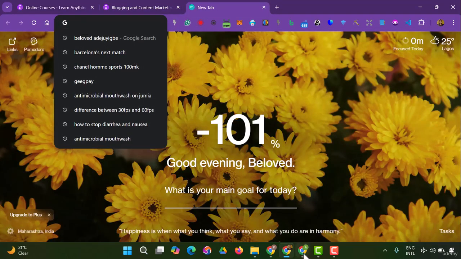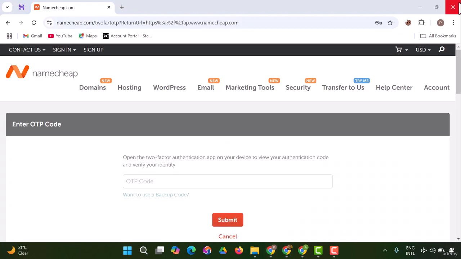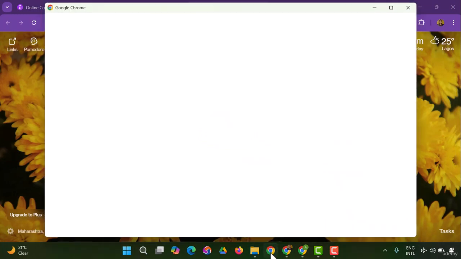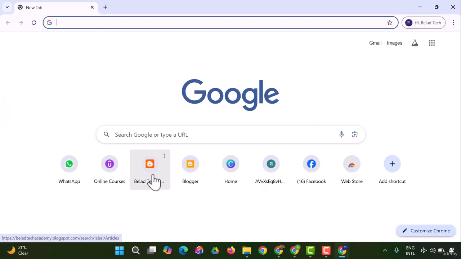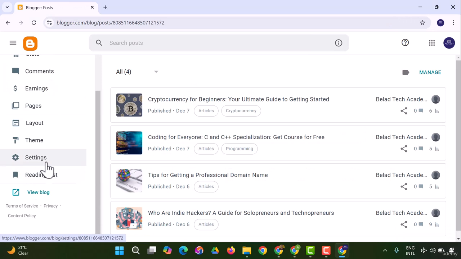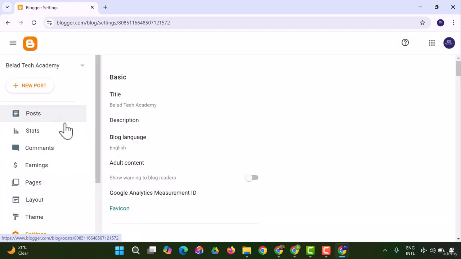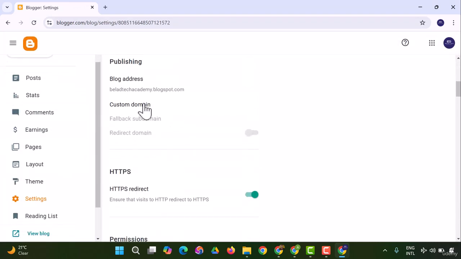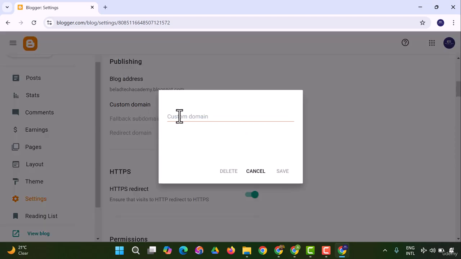All I have to do is come to my Google Blogger, which is right here. I'm going to open my Google Blogger right away. It's hosted on this Gmail account. So I'm going to come to Google Blogger to access the dashboard, and having accessed the dashboard, I'm going to come to the settings. I have a custom domain that I imported before, but I've removed that. So I'm going to add a new custom domain, which should be